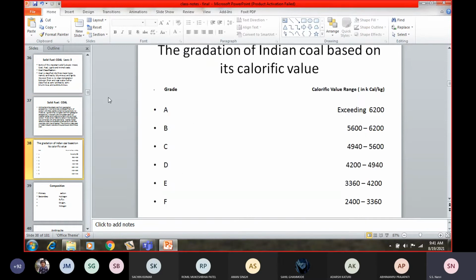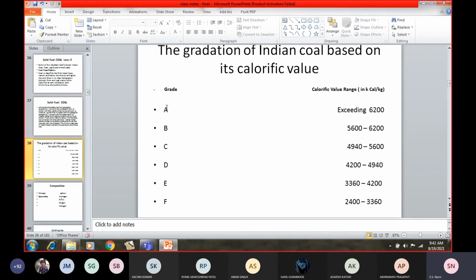So therefore, you'll be able to know that. When you obtain bituminous coal or anthracite, you have to grade this coal. And according to the grade of the coal, the price is fixed. You know, A grade, B grade, C grade, D grade, E grade, and F grade. F grade is subbituminous generally. Subbituminous coal is termed as F grade, isn't it? Whatever we are getting in our mines, it is D grade coal. D grade coal we are generally getting.